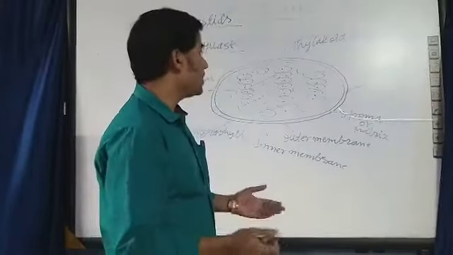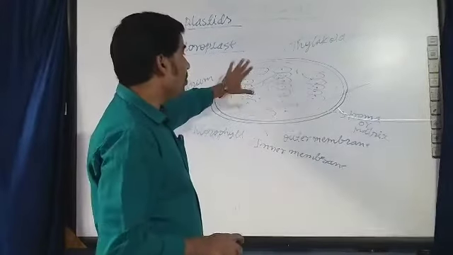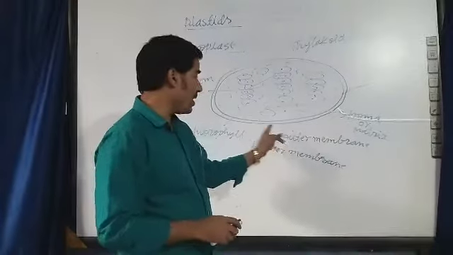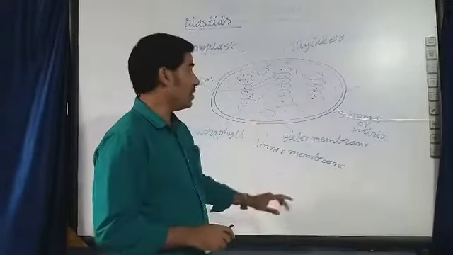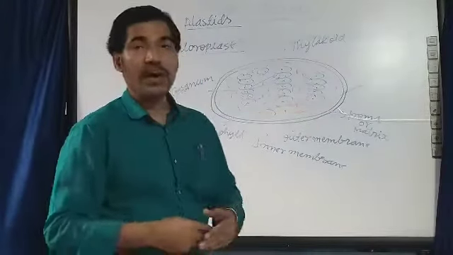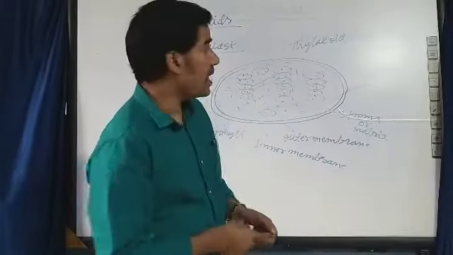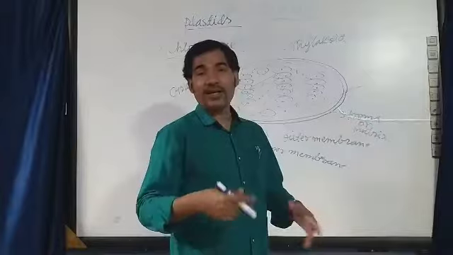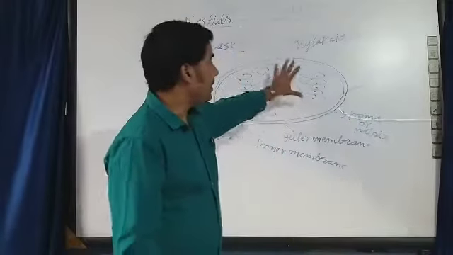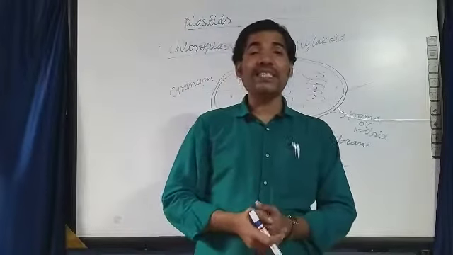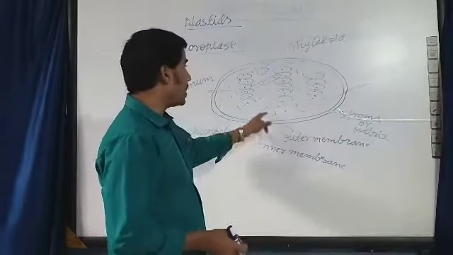Just one second, I am going to explain it. Each chloroplast is surrounded by a double membranous structure, in which one is called the outer membrane and the inner one is called the inner membrane. The area surrounded by the double membranous structure is filled with a gel-like structure that is called stroma. Stroma is also known as matrix, and in the matrix many disc-like structures are suspended, and these are called thylakoid.